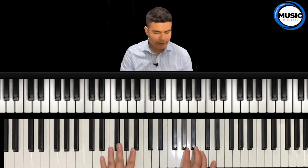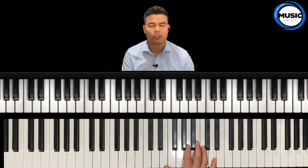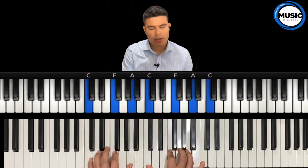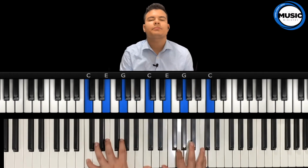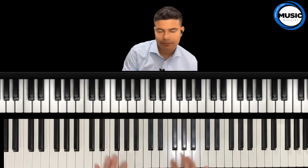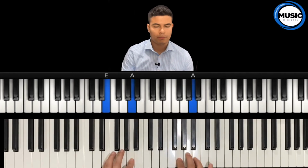Another approach that we can have is just playing the chords. So it's the same chords as the second chorus. So A minor, F, C, and then G. Another approach that we can have as aux players is we can do the line and the chords. So that would be